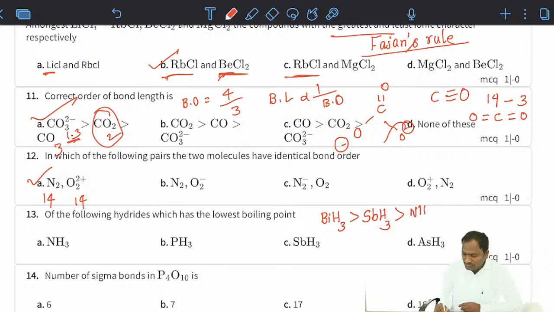Next, in between is NH3 because of intermolecular hydrogen bonding. Next, AsH3. Last one is PH3. Which has the lowest boiling point? They ask PH3. Suppose you take group 16 element hydrides, since oxygen is more electronegative, it can form